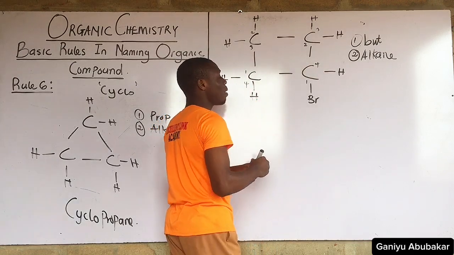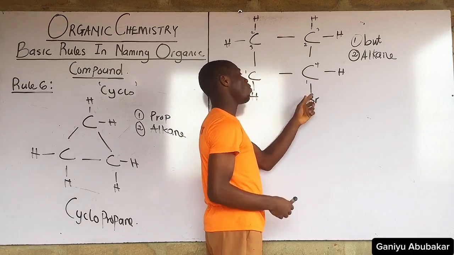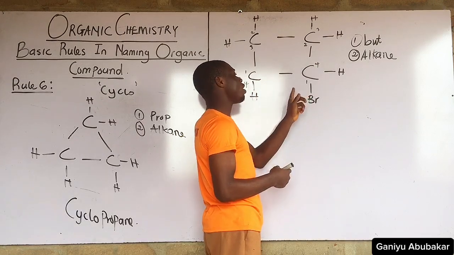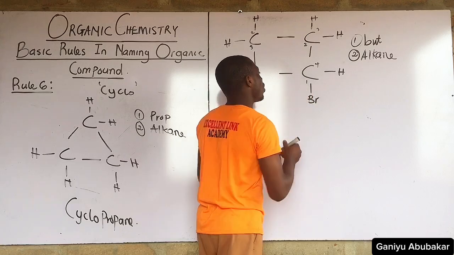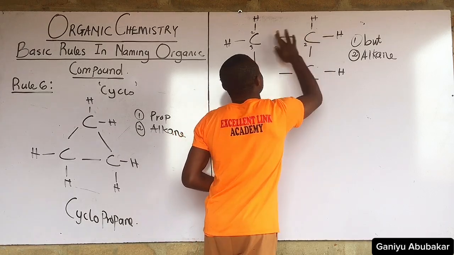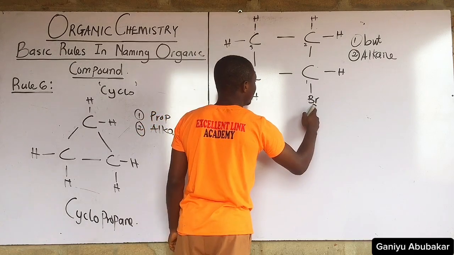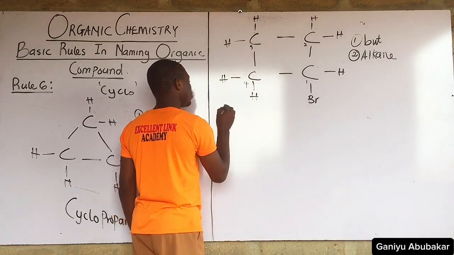So in between, this is bromine here. I attach carbon 1, upper numbering, carbon 4, lower numbering. In between 1 and 4, which one is the least? 1. So I'll discard the lower numbering and go with my upper numbering. So I'll start with this bromine. Attach carbon 1. That becomes 1